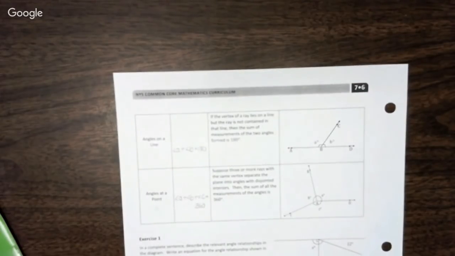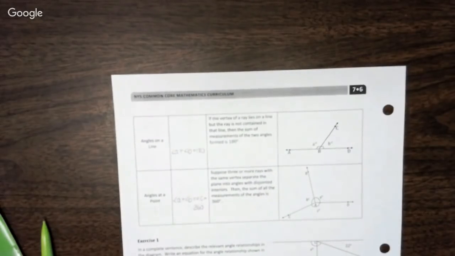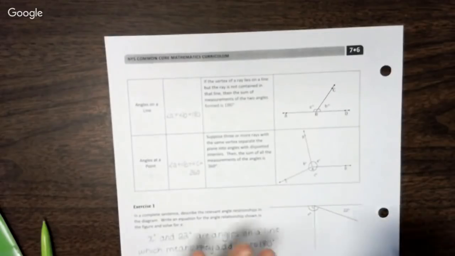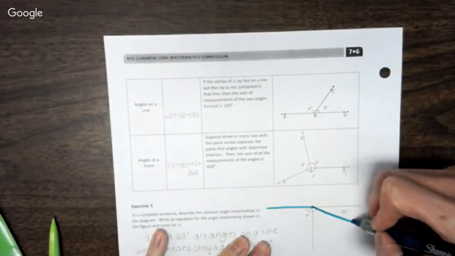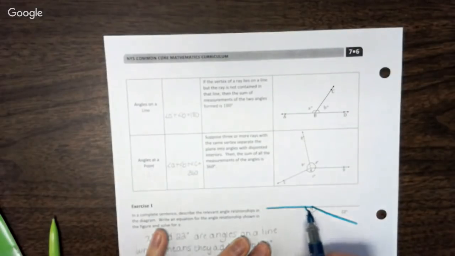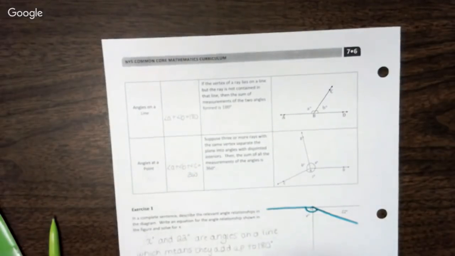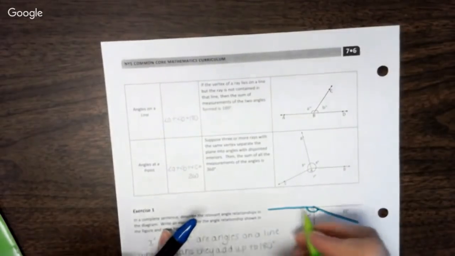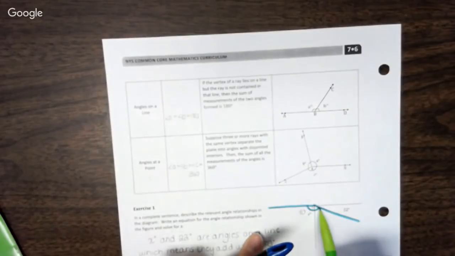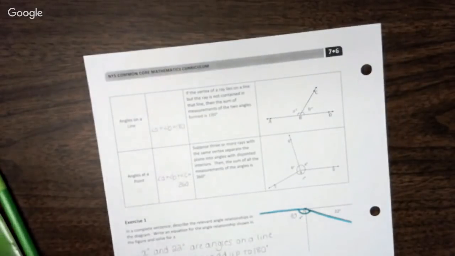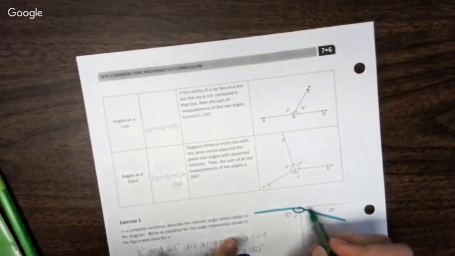All right, in exercise 1, I want to show you this example because you're going to notice that that loop for X represents the whole angle. And if you want to take your color pencils or highlighters and trace that, that's angle X. It's the whole thing. It's not the 90-degree angle, although that is 90 degrees, but X represents the whole thing. So if you want to label 90, you can, but that X represents the whole thing. Now that is right next to this angle over here,